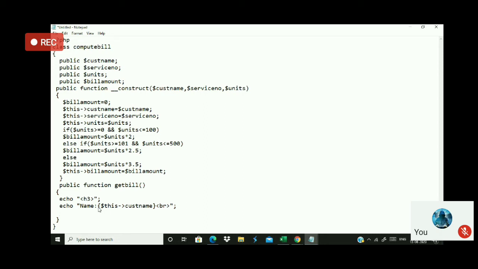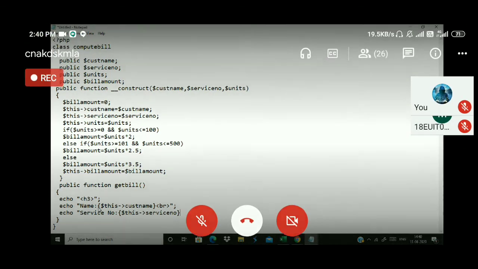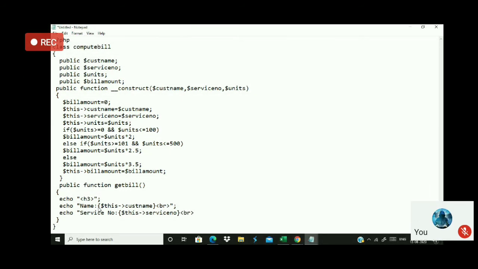The next one is echo service number, and I use this hyphen service number because this is the property I have used here. Use a BR tag.